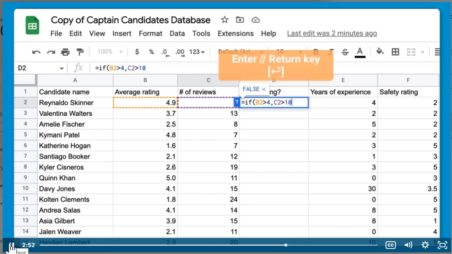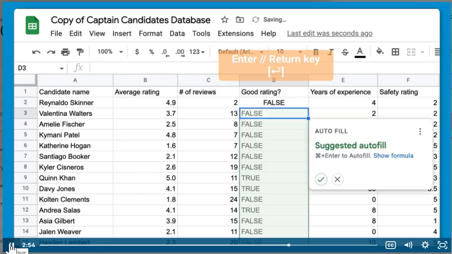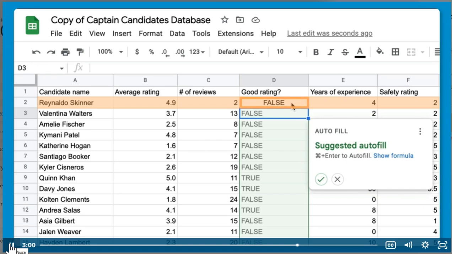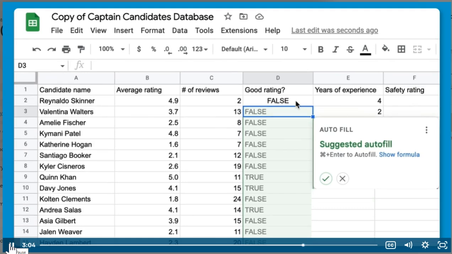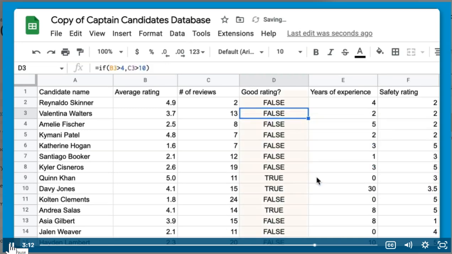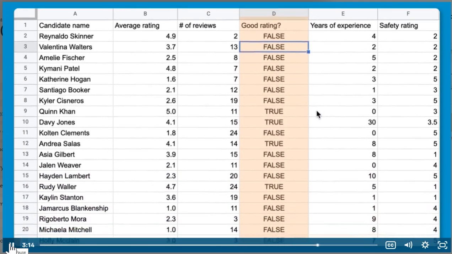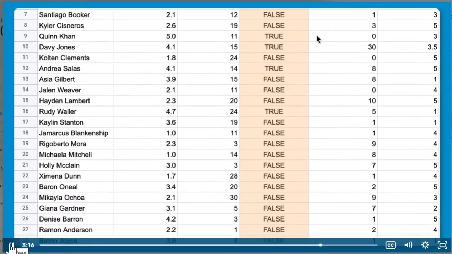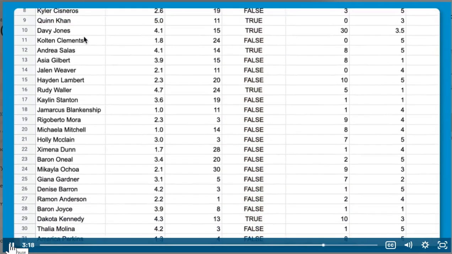And so if we hit enter or return, we can see that Google Sheets has already told us that Ronaldo Skinner does not pass that test. False. But it's also asking us, do we want to apply that same formula all the way down column D? And the answer to that question is yes, we do. So we're just going to hit check. And now you can see that Google Sheets has applied that formula, that test, to all of the people in